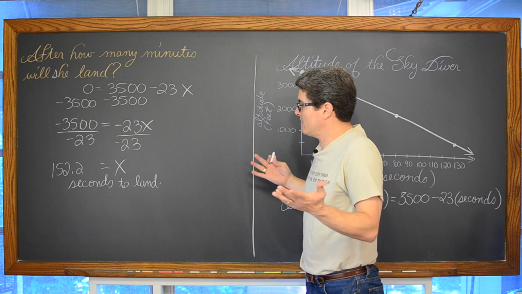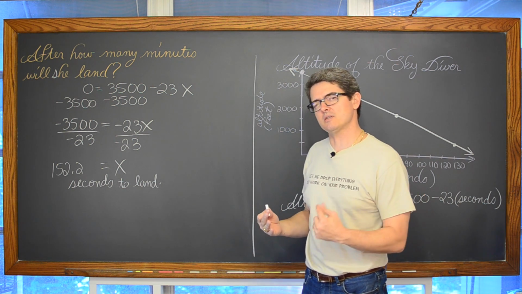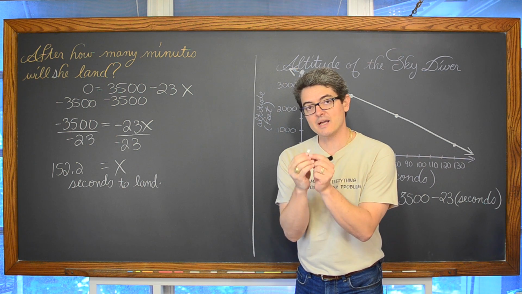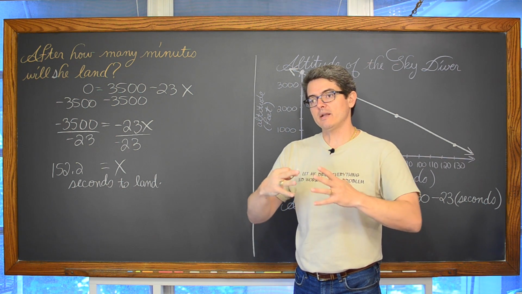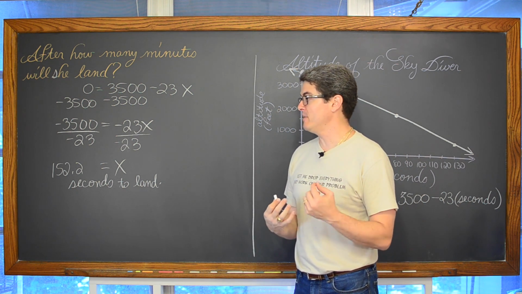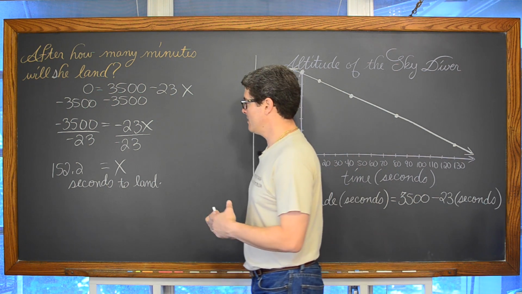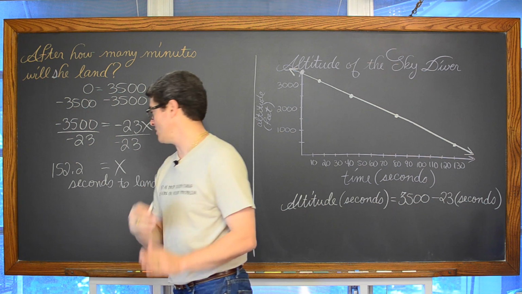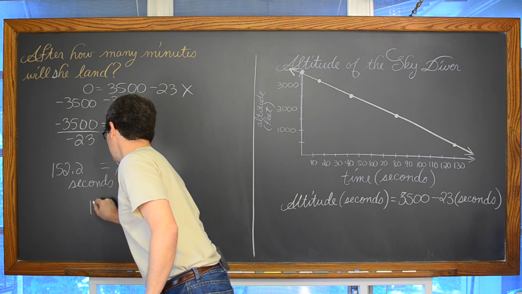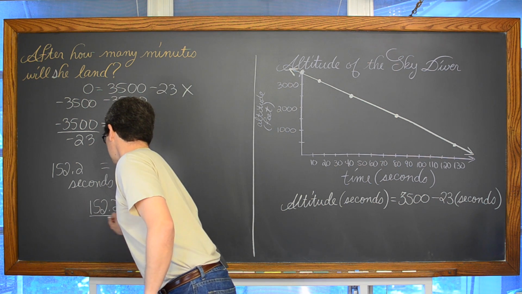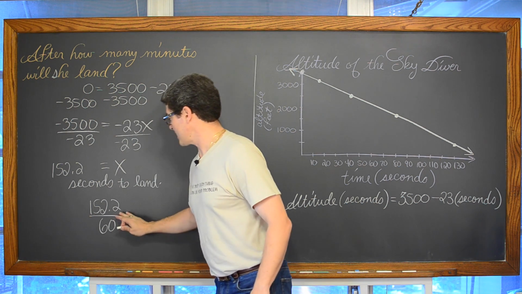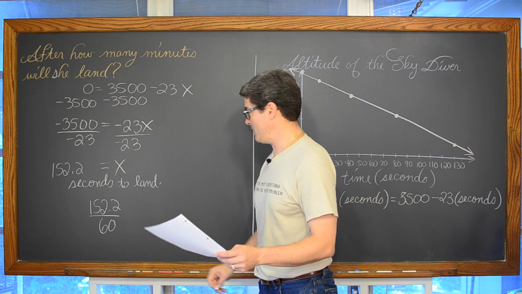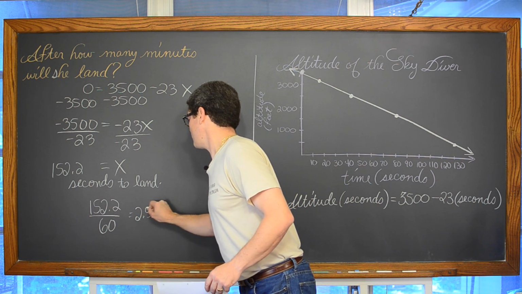Well, there's 60 seconds in a minute. I want to go from a very small time period of seconds and rewrite it in terms of a longer time period of minutes. And there's 60 seconds in a minute. So I'm going to divide by 60 to convert from a very short period of time to a longer period of time. So 152.2 divided by 60. This is 152.2 seconds. We're going to divide that by 60 seconds to convert into minutes, and we get 2.54